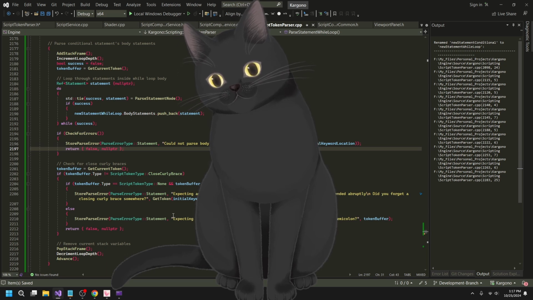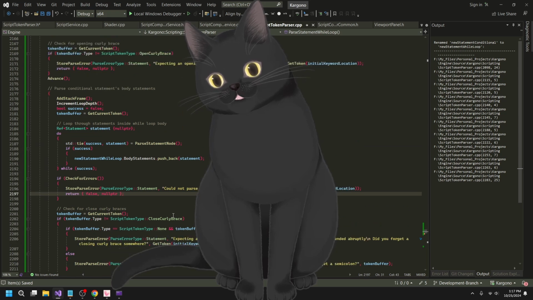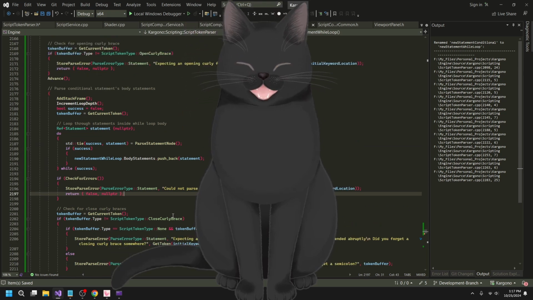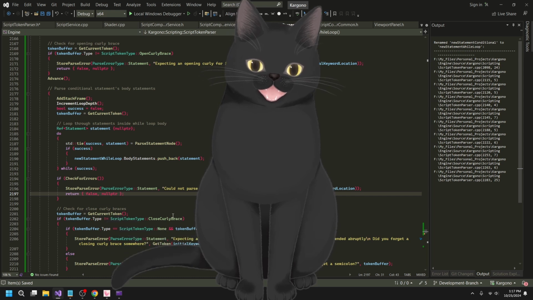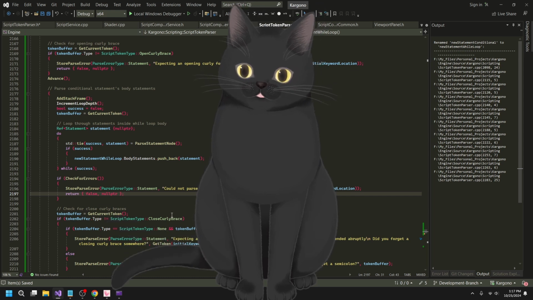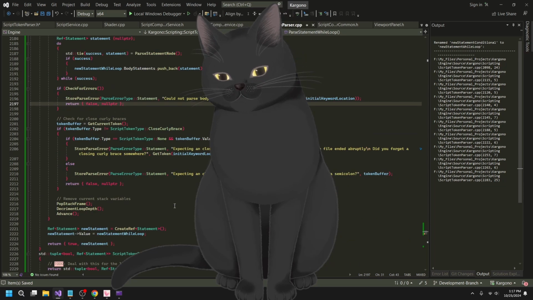So yeah, increment, decrement, loop depth. Now we have this information, and what we can do is, if we're processing a break or continue statement, we just need to check what the current loop depth is, make sure it's not 0, and that's it. That'll be our little error state. So easy as that, really.